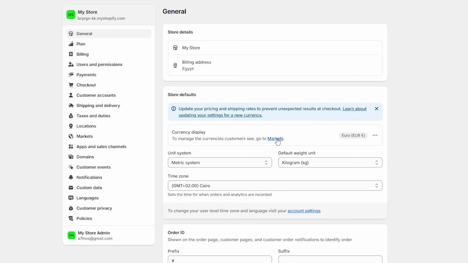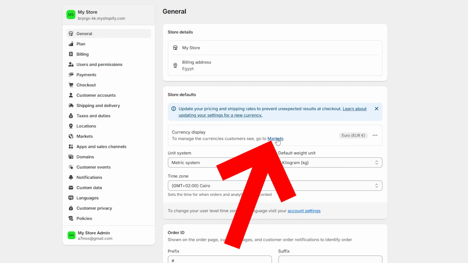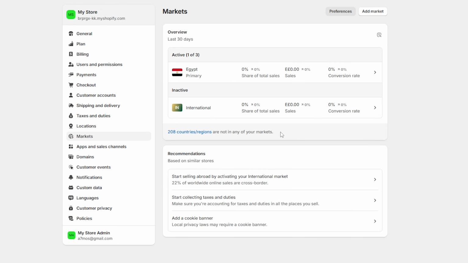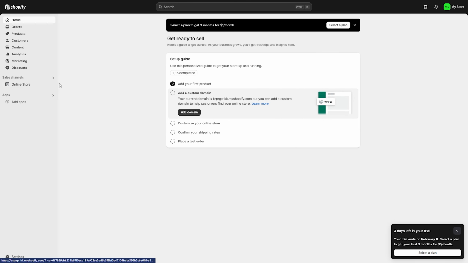But now let's say that you want actually to change it for the visitors. So let's say that you have a visitor from Europe and you want him to see the price in euro, and you have a visitor from America and you want him to see the currency in USD, the equivalent. You just have to click on go to markets, just click on the markets, and now you will have to set different markets and add some regions inside it. And for each market, you should select a specific currency. But this is not our video topic, so I will go now back to the dashboard and go to the